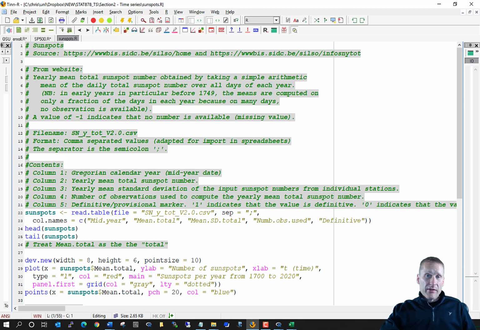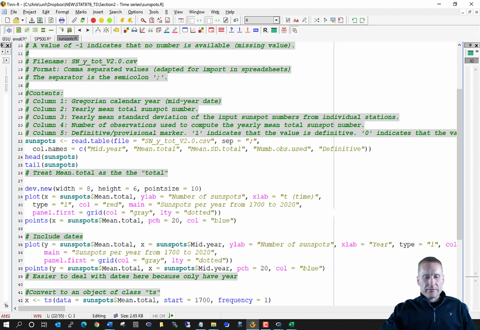So how do I read this then into R and get the corresponding variable names in there? Well, at the top of my program, I give you some details about what's actually in the file. I'm going to create an object called Sunspots, and then rather than using read.csv, I'm going to use the read.table function, where I specify my file, and then I specify what's separating each column of the data set, a semicolon. So sep stands for separator. Also, I'm going to indicate what the column names are, and this simply comes from the website itself. The main thing that we are going to be interested in is the year for the number of sunspots, and the mean.total, which is the total sunspots that year.